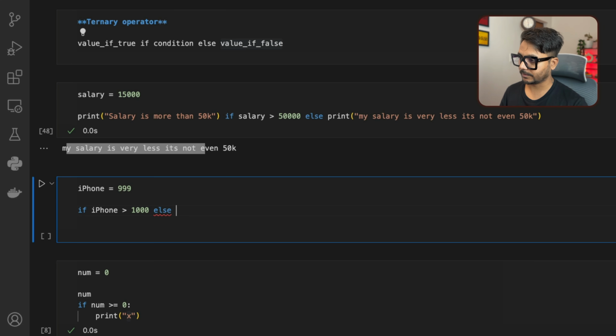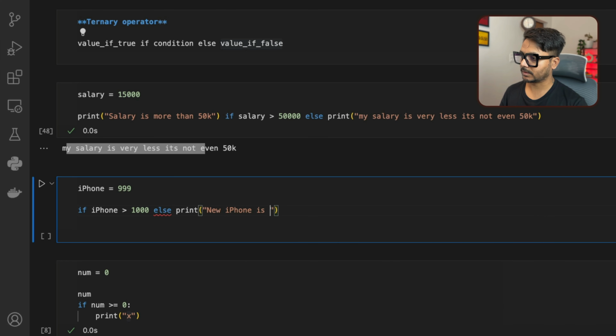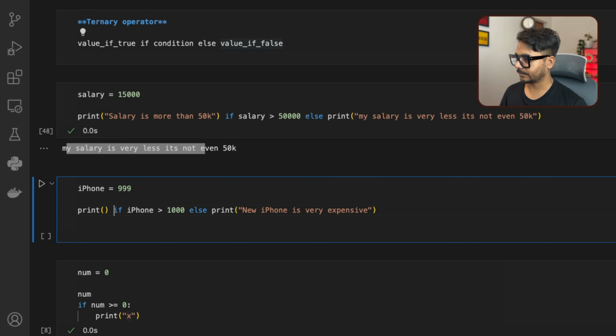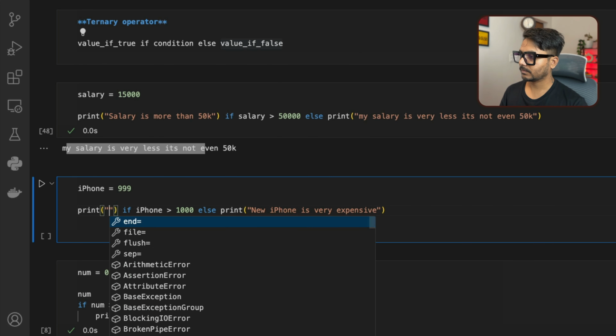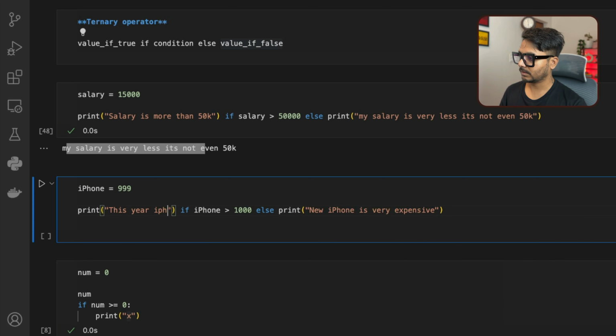So I can go ahead and say print, "New iPhone is very expensive." Okay, here I would give the if statement. So what I want to print, I would say print, I would just go ahead and say, if this year iPhone price is greater than 10,000, I would say "This year iPhone is so expensive,"